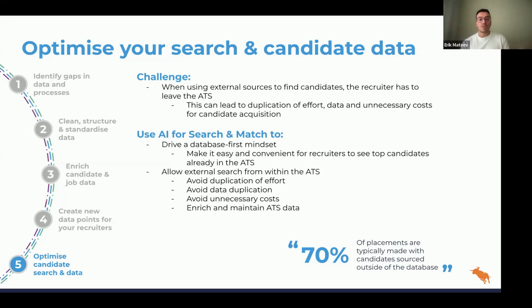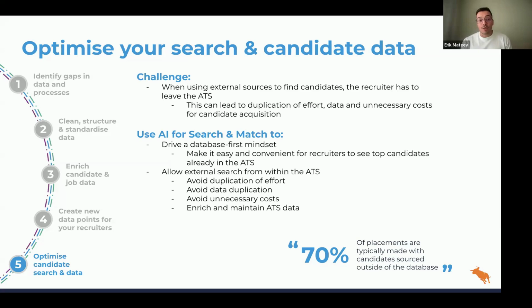The most obvious challenge is that if you have bad data, we spoke about this a few times, your consultants are just not going to trust it and they're going to go straight to those external sources, go to the job boards that you've partnered up with and start searching there. First way to fix that is following the first 4 use cases that me, Kat, and Tom shared with you.